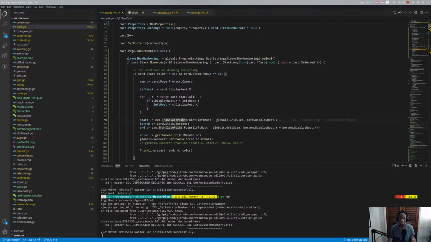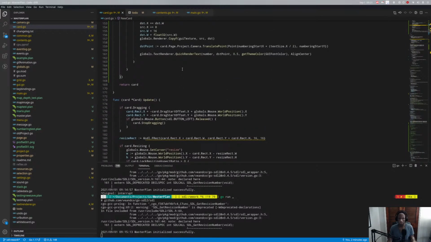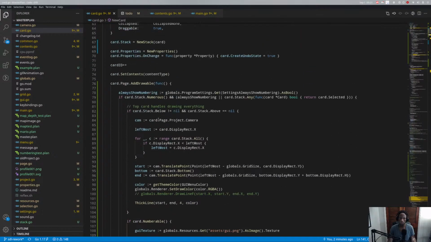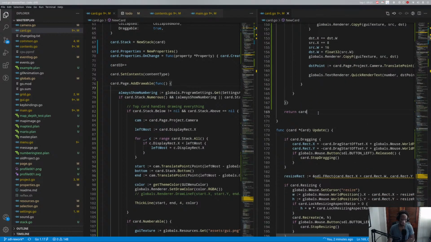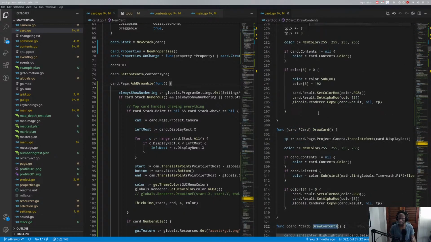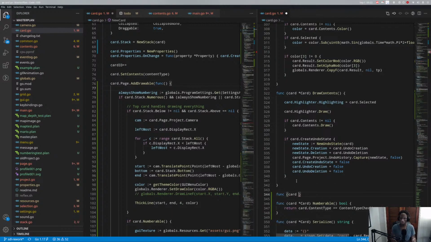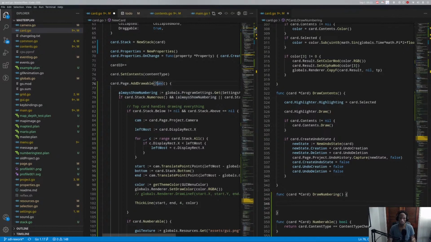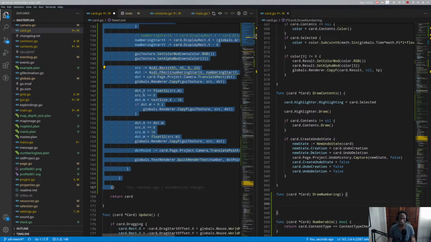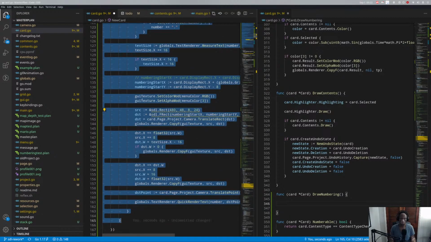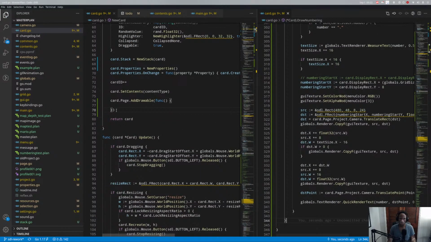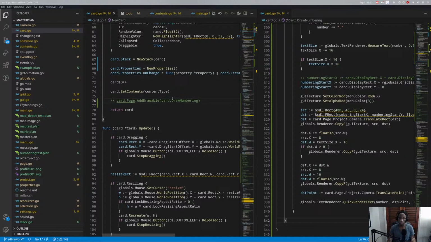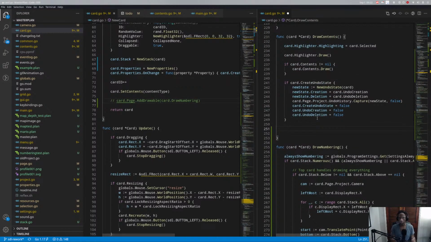You know what? Let me see if that's even necessary. We're gonna move this code. Let's make it a little bigger for people on small screens. We're gonna move this drawing function, that's really just drawing the number, into draw contents, at the bottom of draw contents, basically. We'll move it into its own function, like that. And then this would be card dot draw numbering, something like that. We'll just put this at the bottom of draw contents, card dot draw numbering,